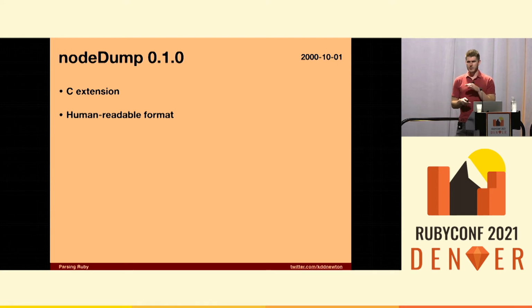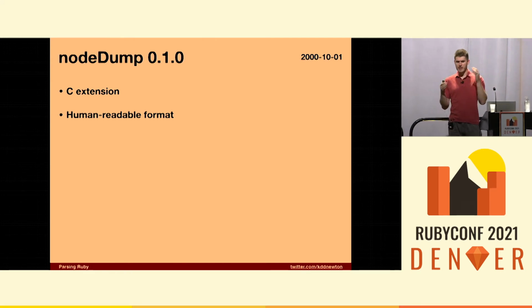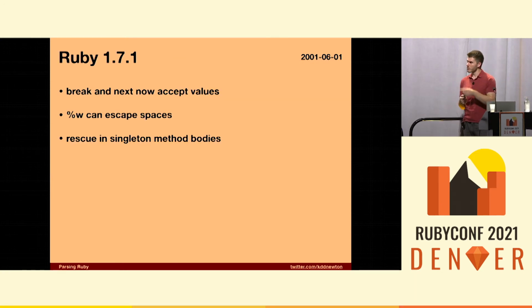And this is kind of interesting because Ruby is starting to pick up steam and starting to get some popularity. Node dump was an extension. So at the time, Ruby before 1.9 was a tree walk interpreter, meaning it took the AST that we already built up like we looked at, it walked over it and interpreted it as it went. Node dump took that AST and printed it out in a human readable format so that you can understand it. This was the first attempt, to my knowledge, to take the Ruby AST and do something with it that was not execute Ruby.